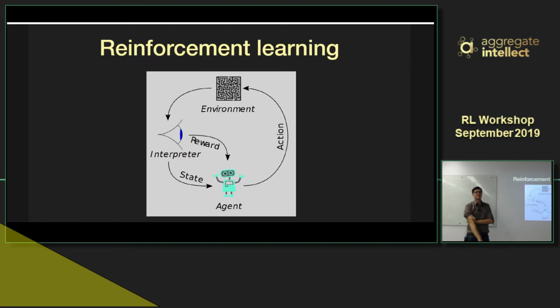So what happens in reinforcement learning? The way you can think about reinforcement learning is that you want to build a general artificial intelligence. The artificial intelligence, or the model, we call the agent. And the agent interacts with some kind of environment. The environment in this course is going to be mostly video games, but they don't necessarily need to be video games. And the beauty of this is